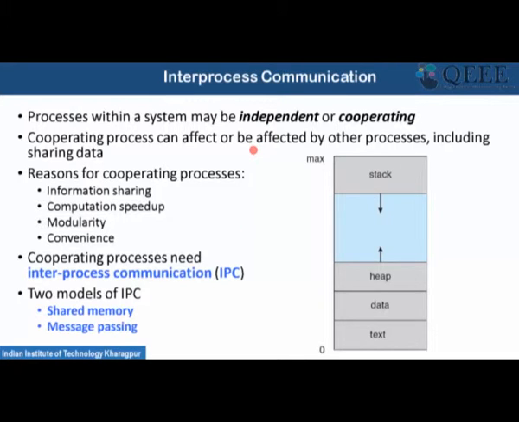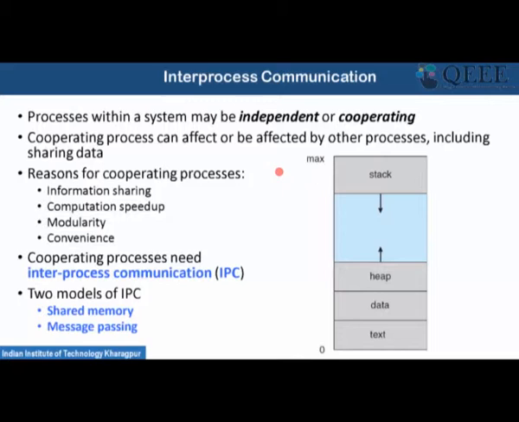Now there is one issue regarding inter-process communication. When there are multiple processes, as we have talked about in the memory architecture, whenever you create multiple processes, the stack memory and the heap memory for different processes are different. The stack and heap memory for the parent process is different from what is there for the child process. So if you declare a variable inside the stack, the stack memory space which stores the local variables, then if you declare a local variable inside the parent, the local variable may not get replicated to the child process.